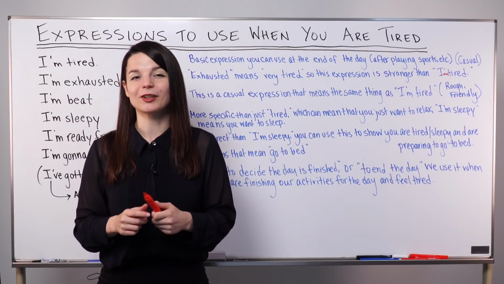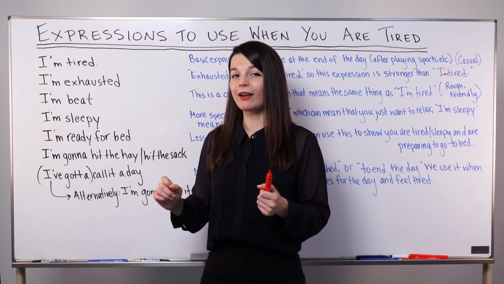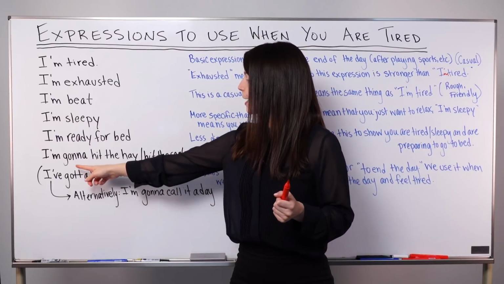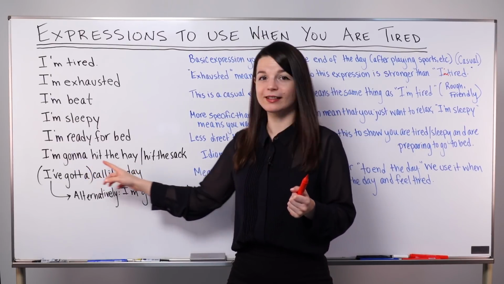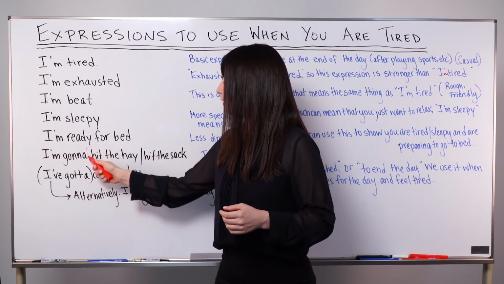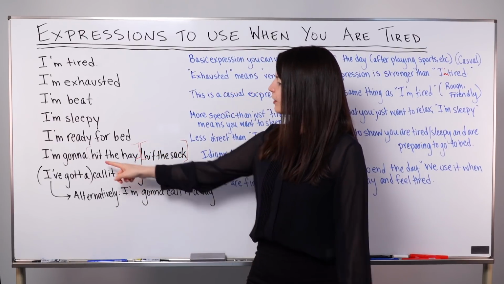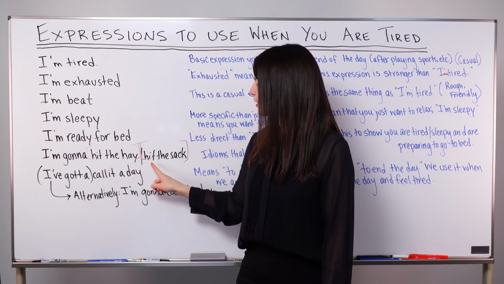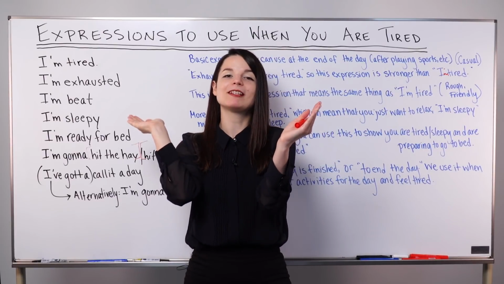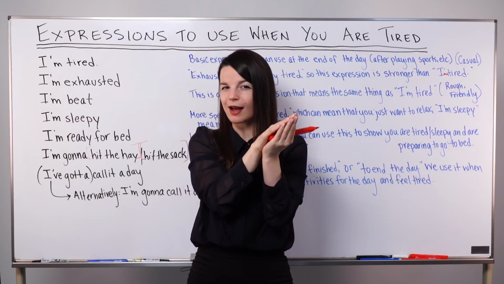Okay, let's move on to the next expression. Actually, this is an idiom, a very common idiom. There are two variations I want to introduce here. First, I'm gonna hit the hay, and second, I'm gonna hit the sack. So these two right here, these are the idioms. Hit the hay or hit the sack. So here we see hit. The verb hit is in both of these expressions. Hit here means like your body physically hitting, physically contacting another object. So what is hay? What is sack here?